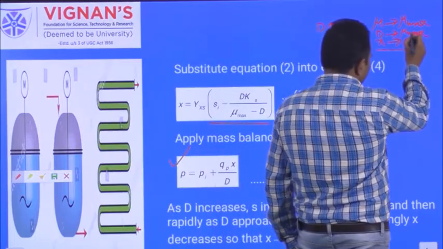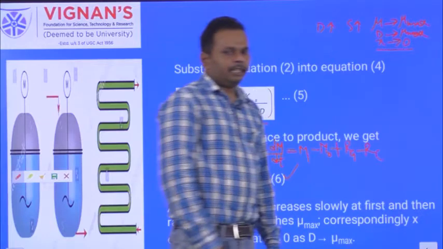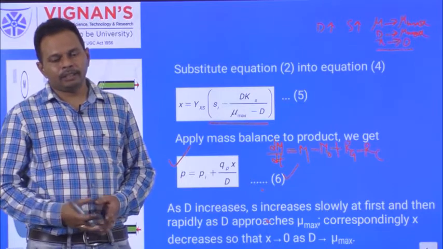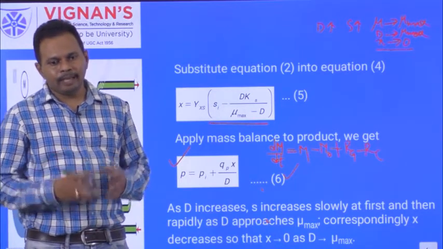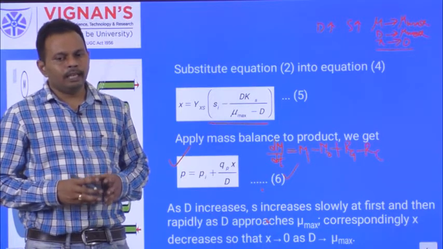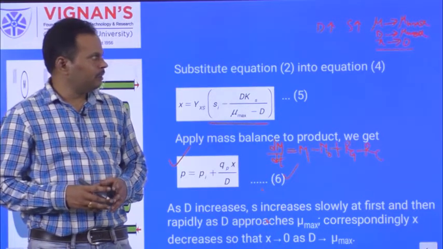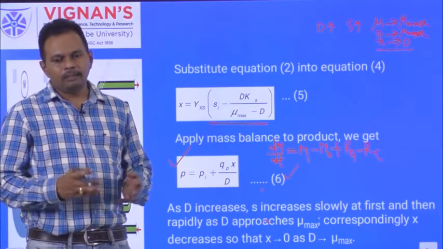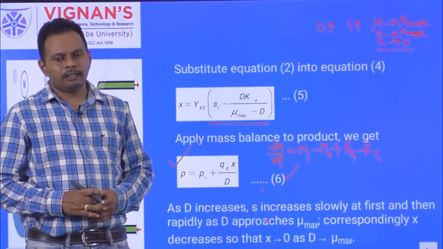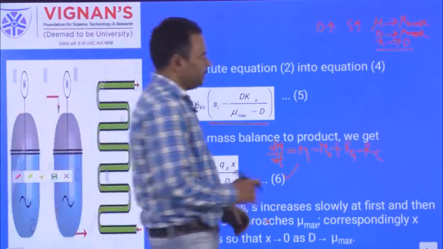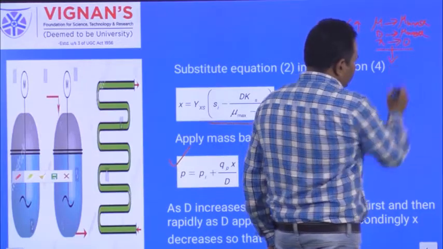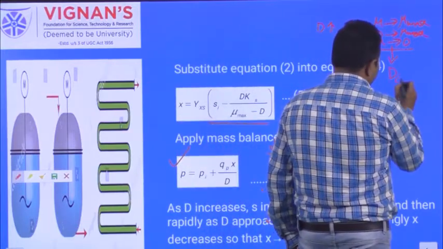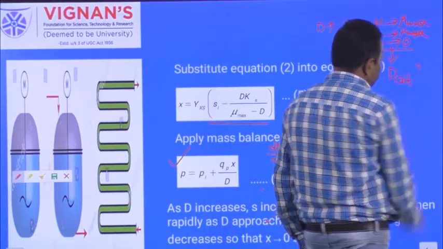Why? Because when the growth rate is equal to the dilution rate, the dilution rate for a chemostat refers not only to the inlet dilution rate, but also to the outlet dilution rate. So whenever D tends to mu max, whatever dilution rate is there within the fermenter, when it is equal to the growth rate of the cell, all the cells wash out. All the cells go out of the fermenter, and the cell concentration becomes 0. At this condition, the dilution rate for the chemostat is known as the critical dilution rate.